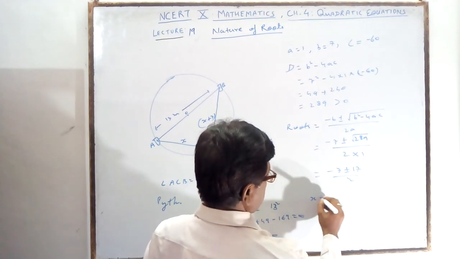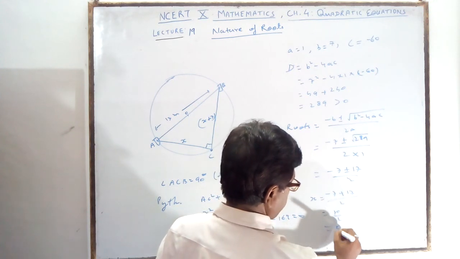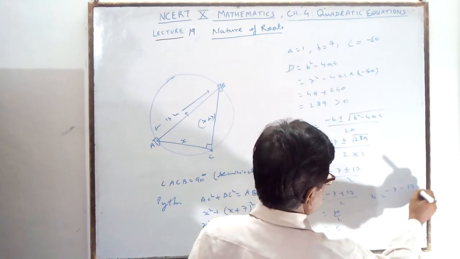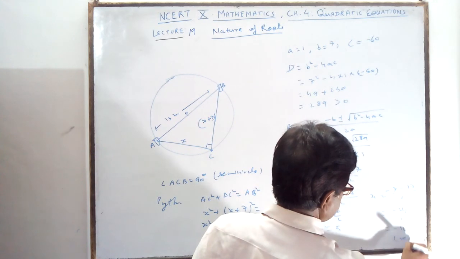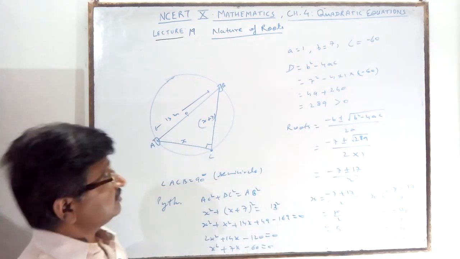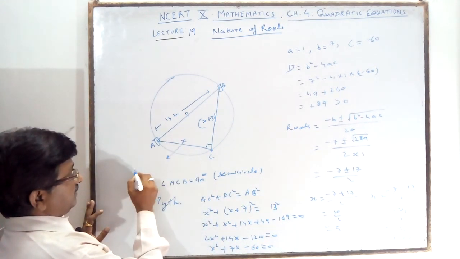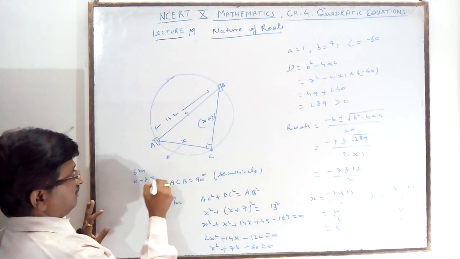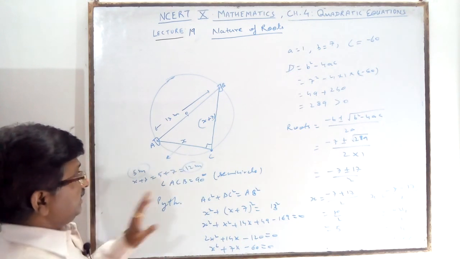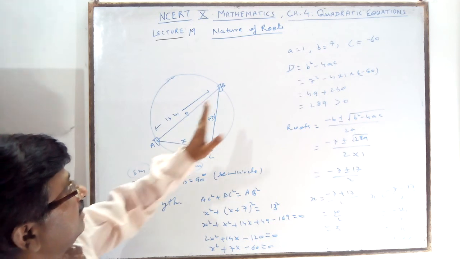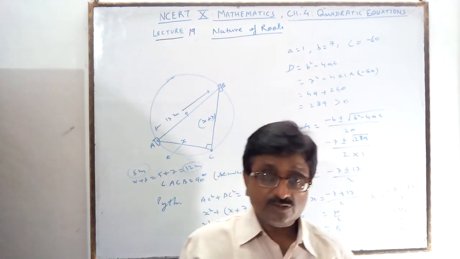Then x is equal to minus 7 plus 17 by 2, that is 10 by 2, which is 5. x is equal to minus 7 minus 17 by 2, that is minus 24 by 2, minus 12, which will be rejected. So x is 5. So one length is 5 meters, another is x plus 7, 5 plus 7, 12 meters. It means the pole will be at a 5 meter distance from the first gate and at a 12 meter distance from the second gate. Very simply you get it.